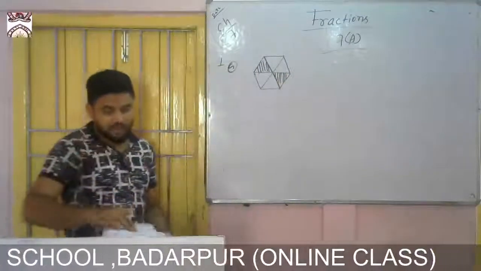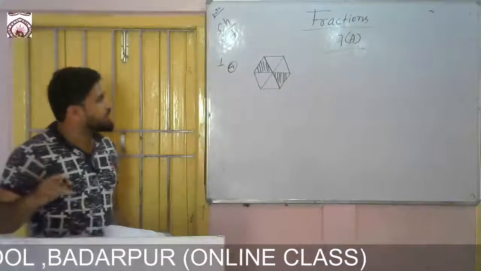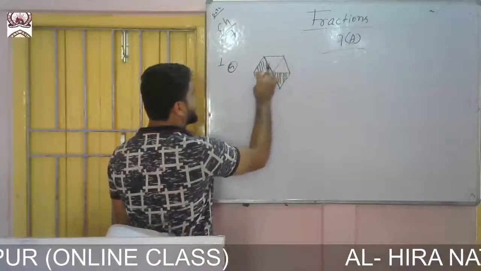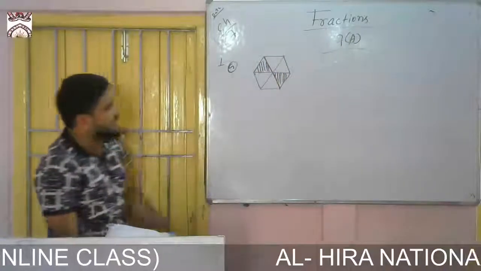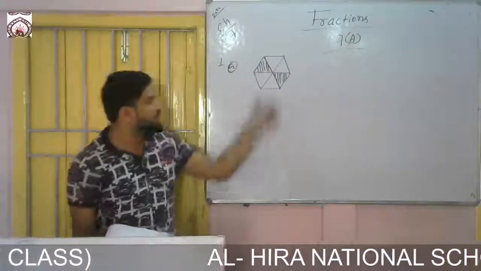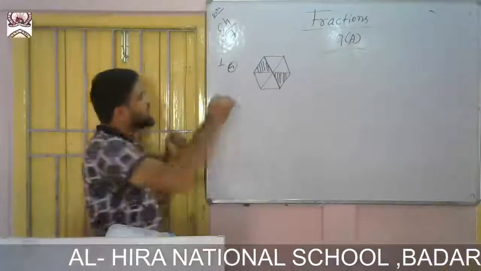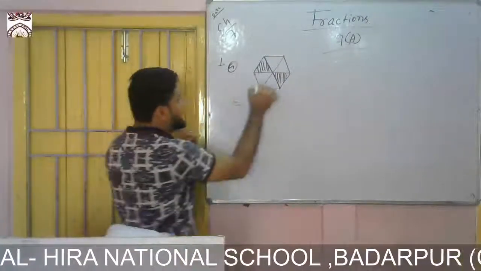From this, 2 are shaded. So here you see how many parts? 1, 2, 3, 4, 5, 6. So out of 6, how many shaded? Out of 6, 2 shaded. So as I have discussed earlier, if I write it in fraction, then out of 6,